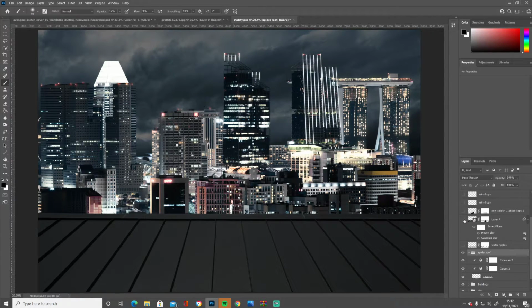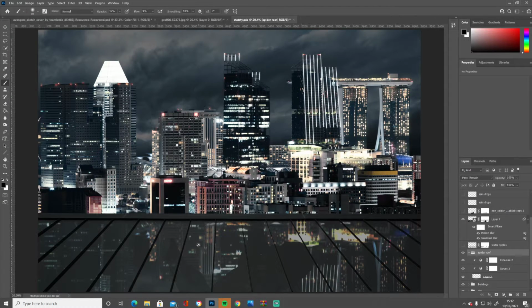So I wanted to make this more like a black glass roof. You know, the black glass roofs that you can actually see through and stuff like that. So I went with that, and changed it. Basically I took this background here, Control J'd it, flipped it vertically, and then